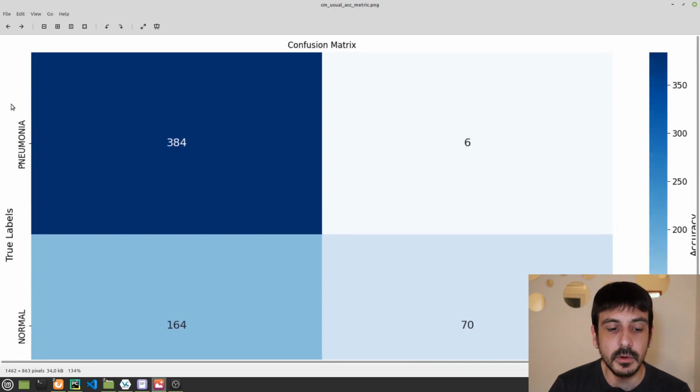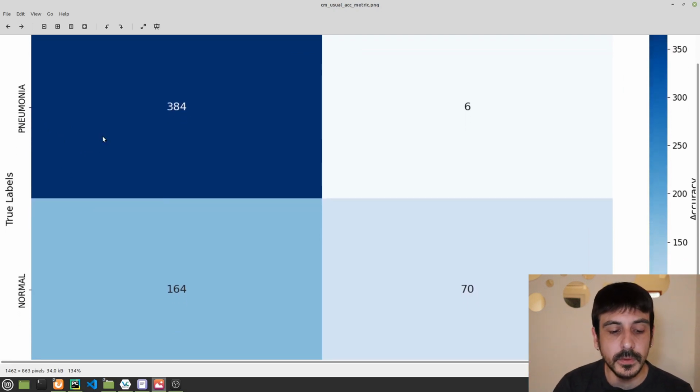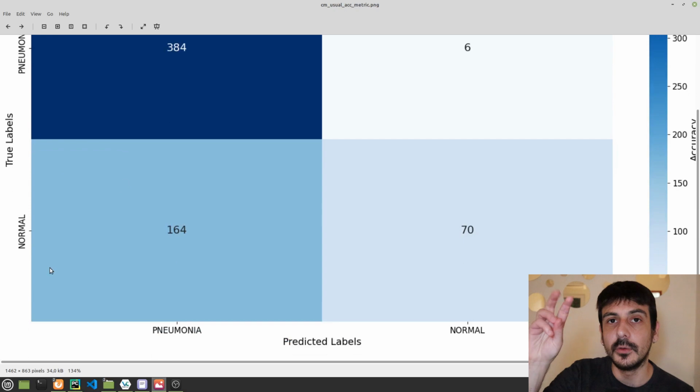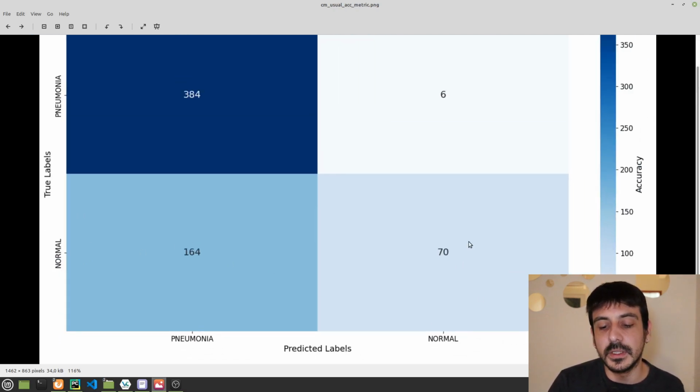Maybe we don't really have a lot of diversity, and all the images which were classified as pneumonia are very similar between them. But for the normal category, I guess that maybe we have a lot of diversity, because normal in this context means that it's not pneumonia, but the patient could be completely and absolutely healthy, or it could be sick but with a different condition, right? So I guess we have a lot of diversity in this category, and maybe that's the reason why the classifier is not learning this class properly. Maybe that's the reason. I don't know. That's from the top of my head.